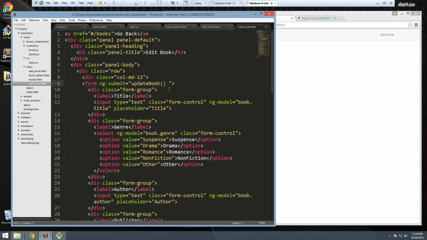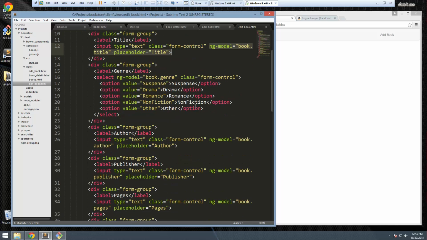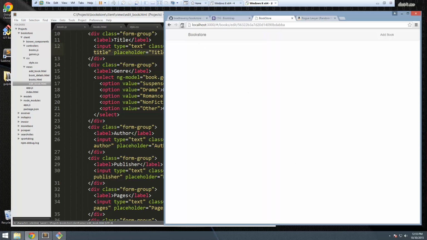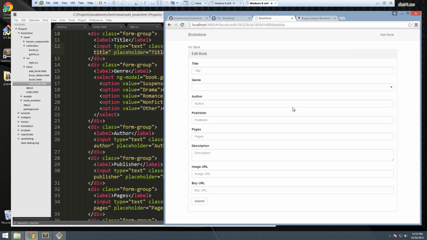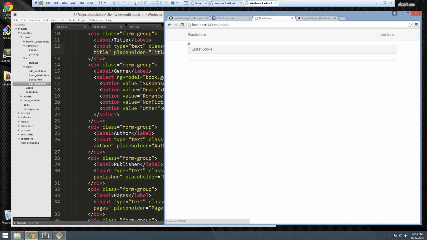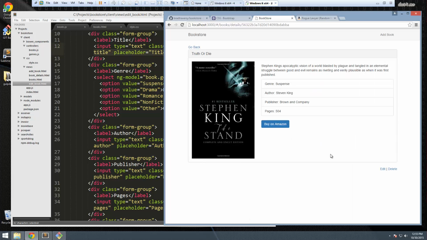Alright, and we also need to call our get book function because we need it to fill in the form. So we should have access to those values. Alright, so ng-model book.title. These ng-models we don't have to change, because Angular gives us two-way data binding. So there's not much we have to do here. If we save that, okay, we have our form. Okay, so if we go to view details and then edit,